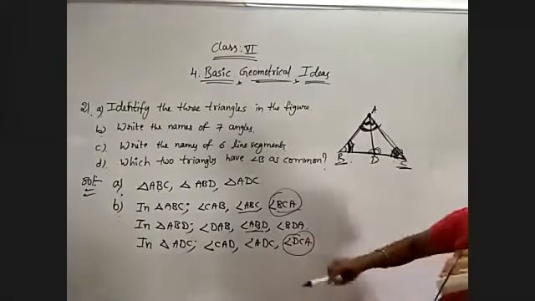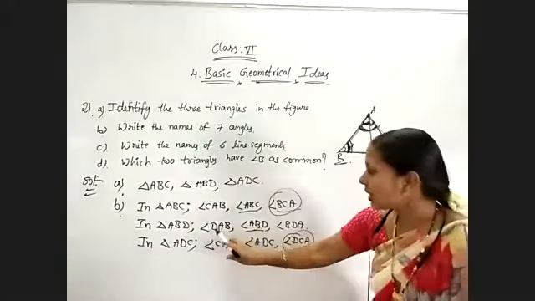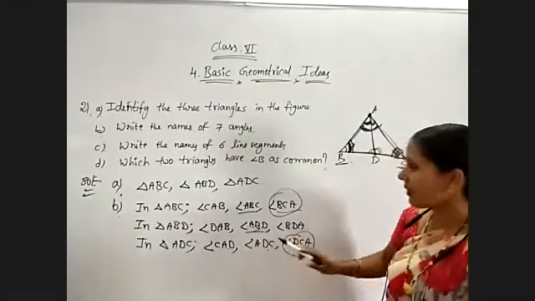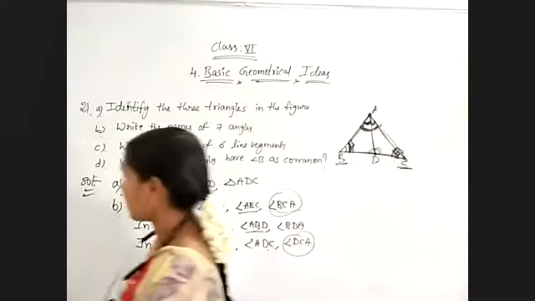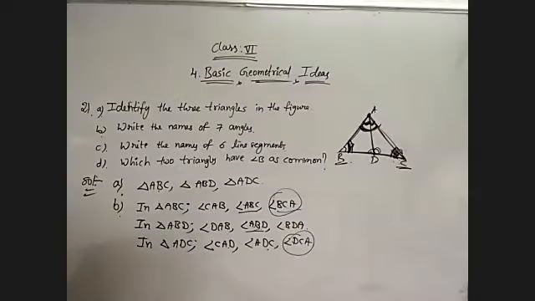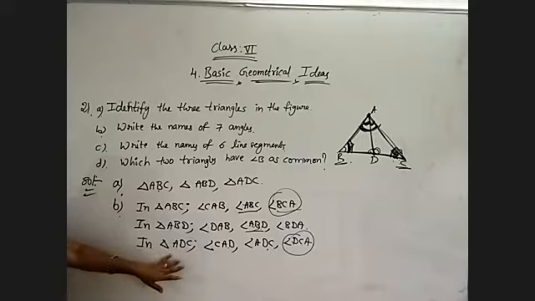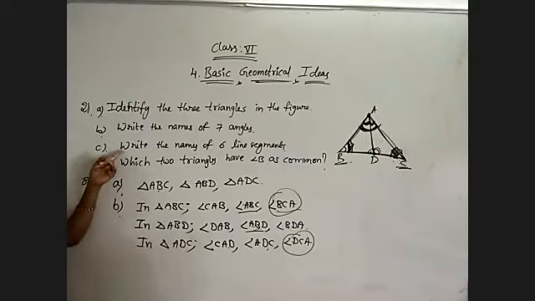Now how many angles have I just observed? 1, 2, 3, 4, 5, 6, 7. Total angles are 7. Understood? Don't get confused. You already named the triangles. For those triangles, give the names of the different angles. That's all. They are asking to write 7 angles. If you got 9 angles, no problem. In that only, you have 7 angles. Okay. And coming to the next question.